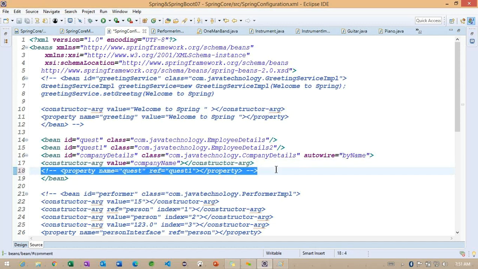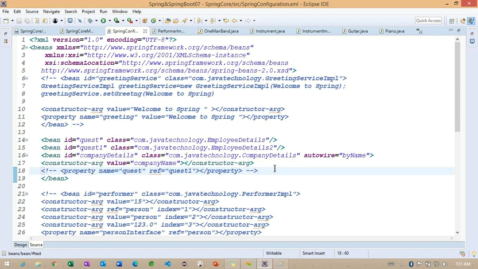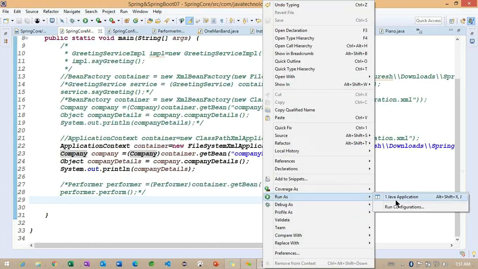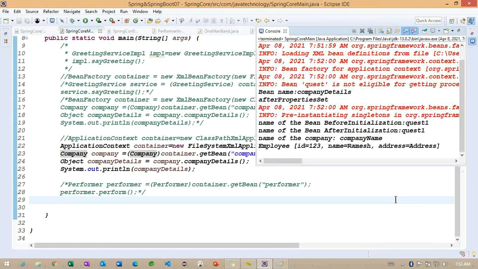this particular property section. Basically, primitive types are not going to work. Why? Because we need to specify the value of the primitive data types, so the container cannot provide the primitive values. But for the object type only, it is going to inject automatically. Now if I run the same example, we need to understand whether we are going to get a null pointer or any object information.